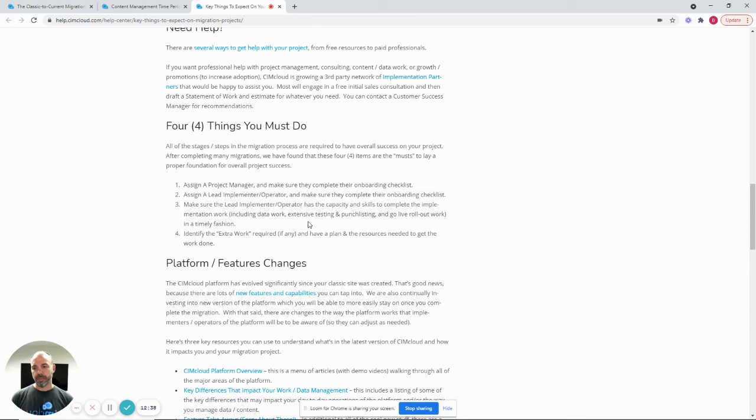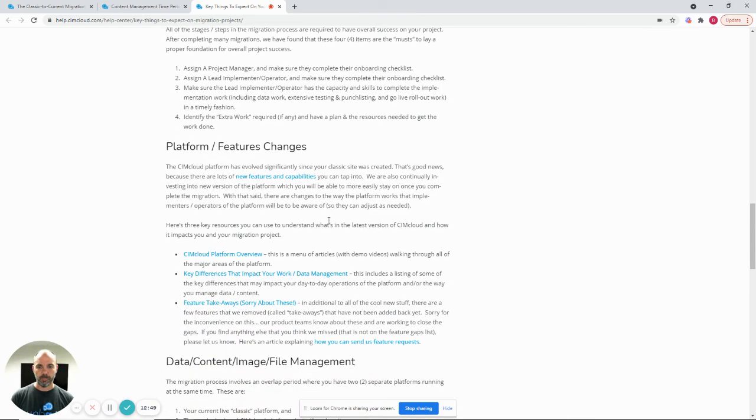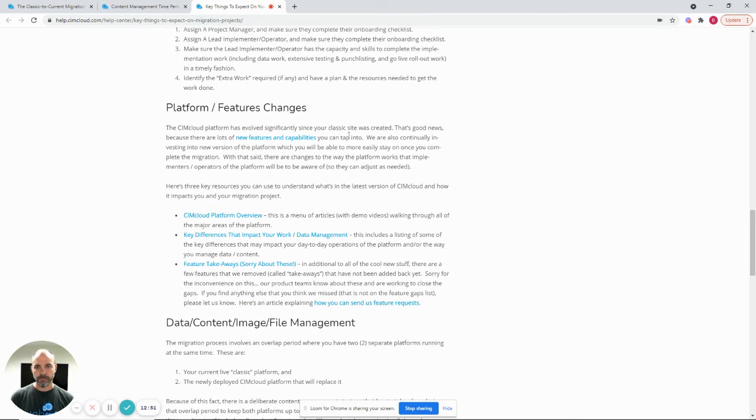A lot of it in the migration project, unless you're making material changes, which is in the extra work section, is really around testing and punch listing and doing some tweaking and some extra things that come with the platform changes. These articles, I won't go through the details of this, but there are platform changes that occurred. That's to the benefit. There's lots of additional things that we've provided or brought to the table with the latest